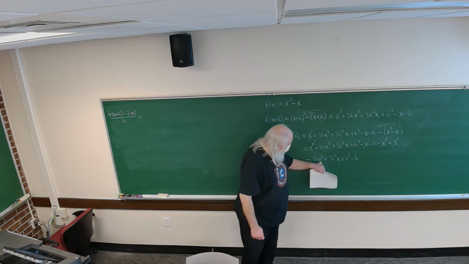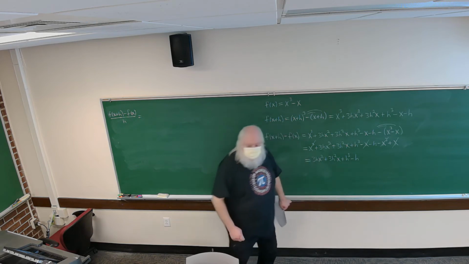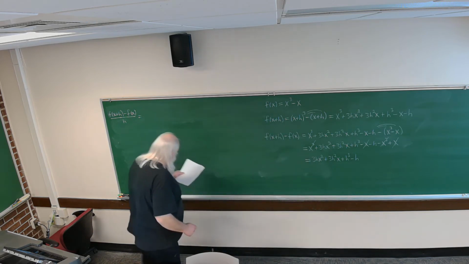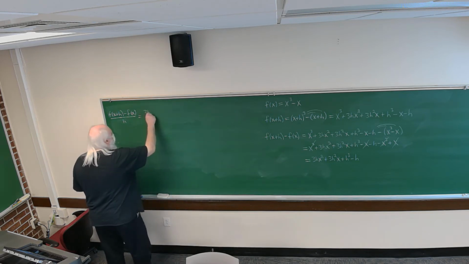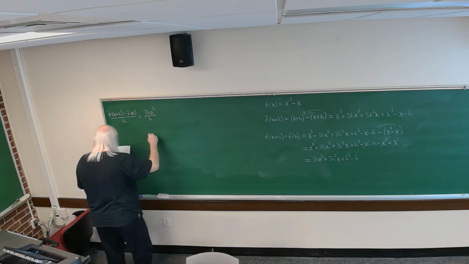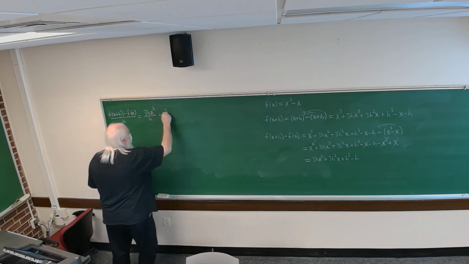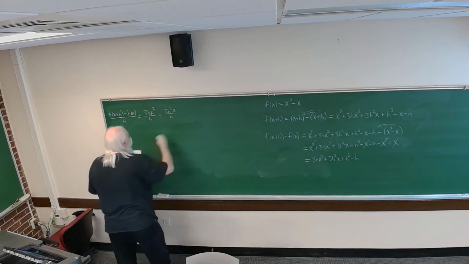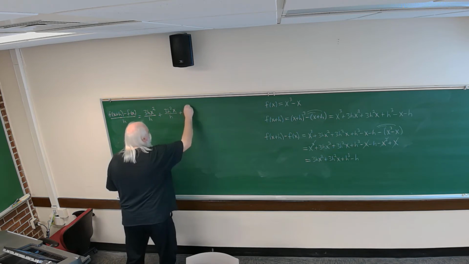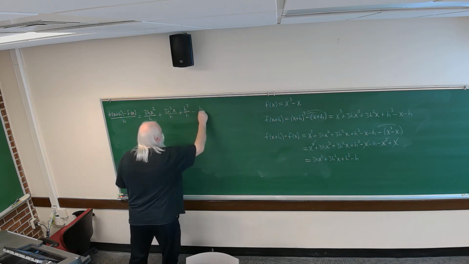Because division does not undo addition and subtraction. So we have 3h x squared over h plus 3h squared x over h plus h cubed over h minus h over h,